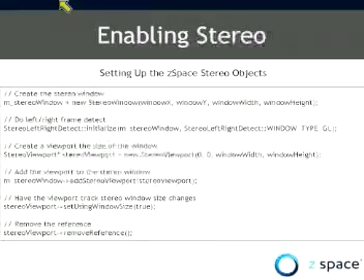Now, for the next step in enabling stereo. These are a few of the objects that we use in our SDK to help us with calculating stereo projection and camera offset information. There are a few objects that we need to create and connect together, which give us the capability to track this stereo information. One thing to note is that none of these objects have any underlying resources associated with them